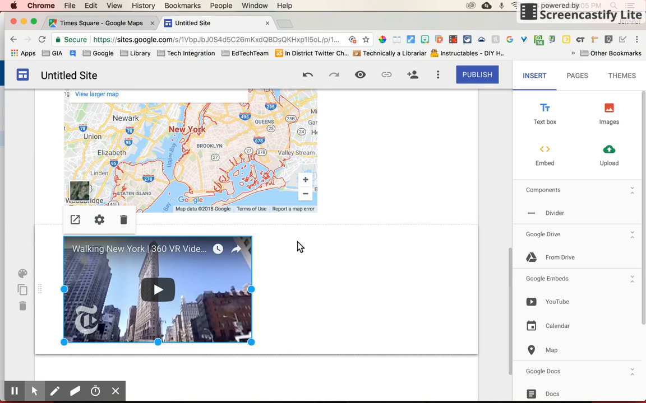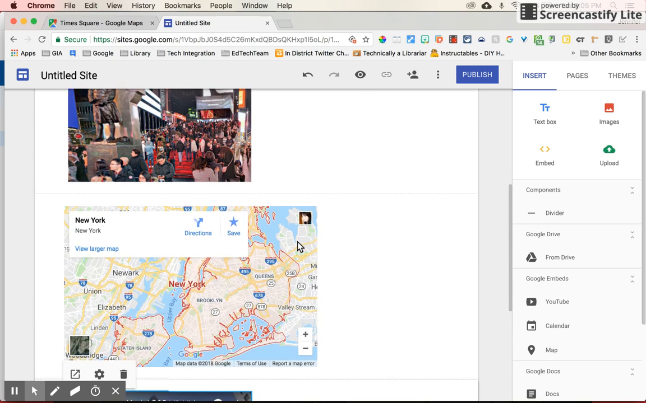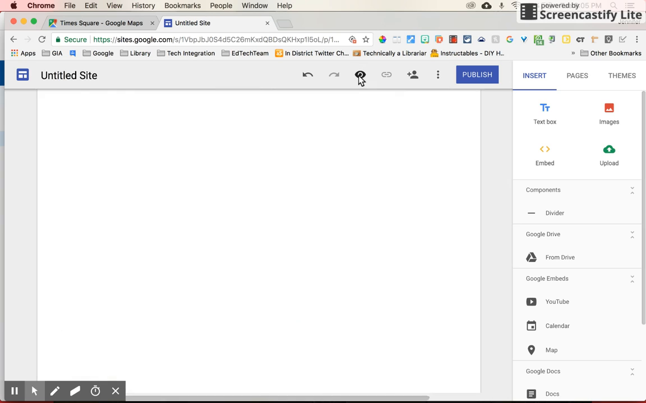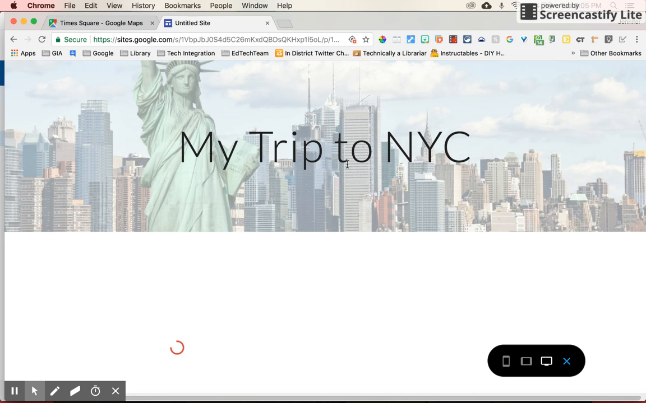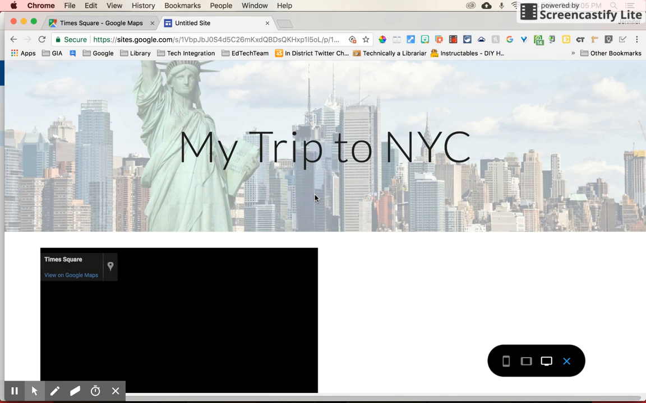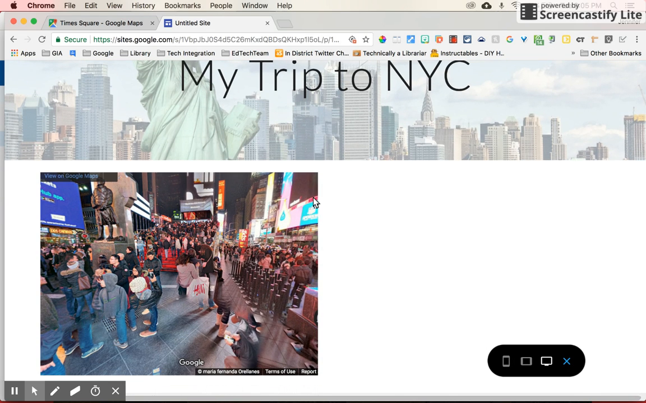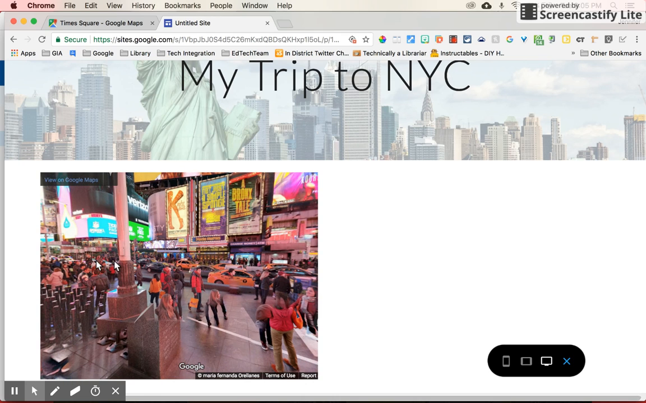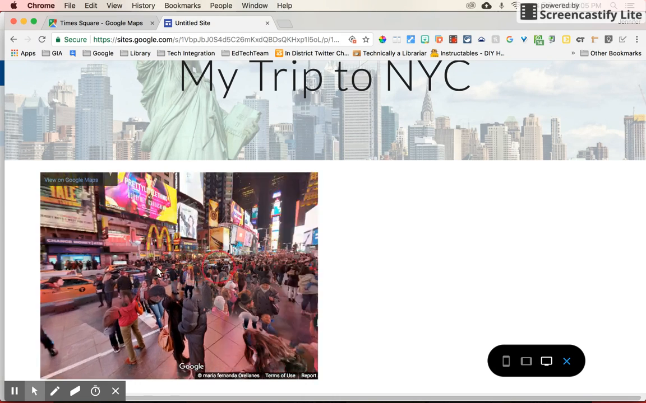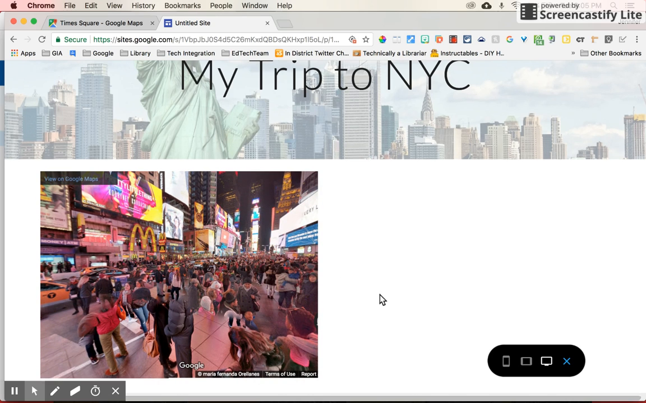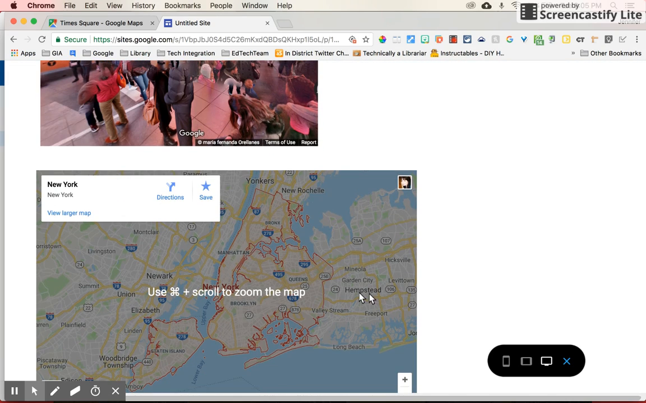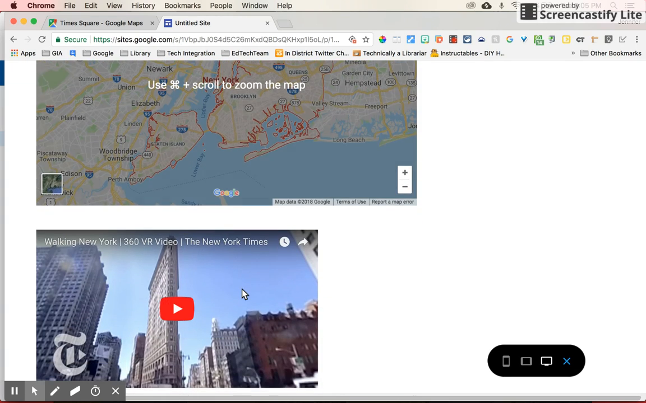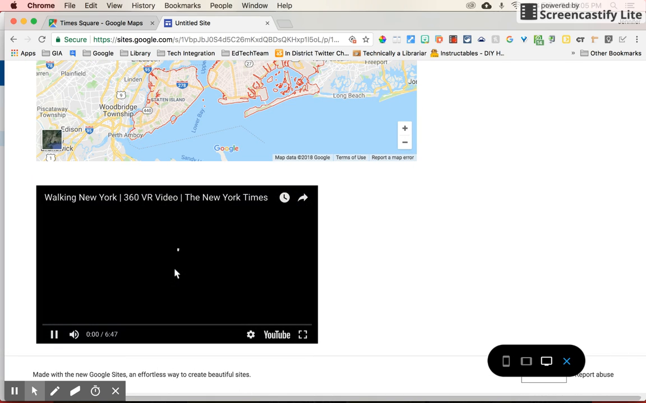Now, in order to see what my site looks like, I'm going to come up to the top and choose the eyeball so that I can see it in the preview mode. So there's the header that I customized, my trip to NYC. Here's the image that I chose, and if I click in the image, notice that I can turn and look completely around at that 360 image. There's the map that I embedded that will allow me to zoom in and zoom out. And then here's the 360 video that if I play that